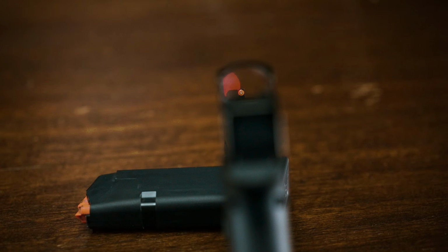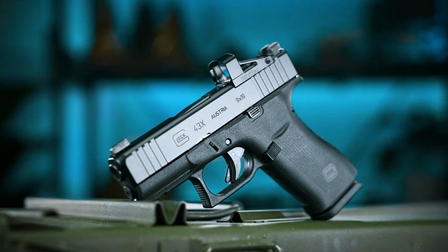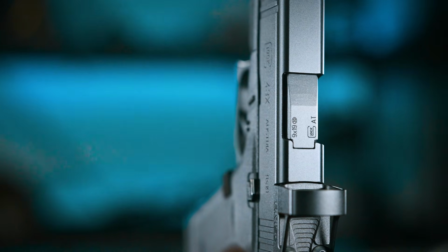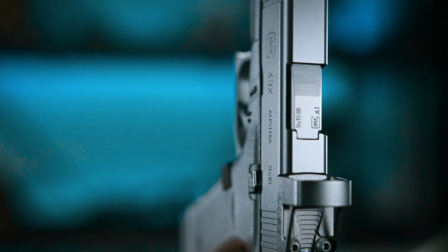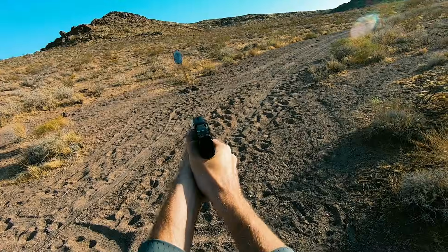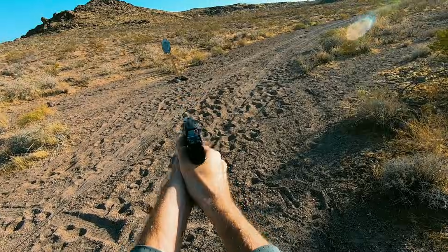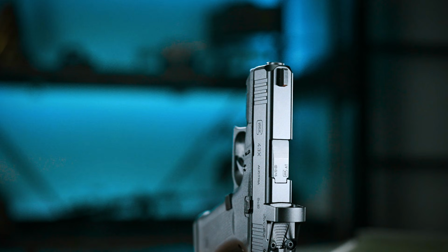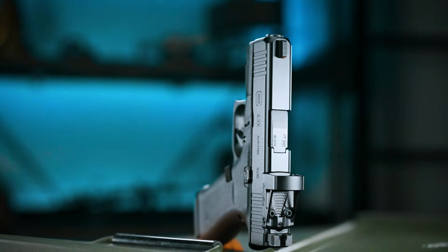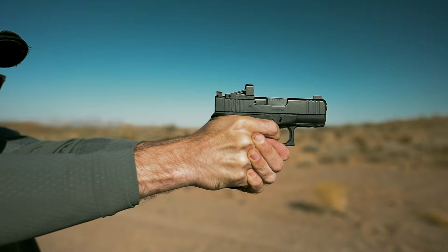If you, like me, are already kind of inclined towards Glocks as a platform to begin with, have tried the original G43 and maybe found it a bit small for your liking, or are looking for a carry gun that doesn't compromise controllability in the name of becoming a modern Derringer thing, I'd absolutely recommend giving the G43X MOS a look. While I had some relatively small complaints about the gun's trigger, I'll leave the idea of